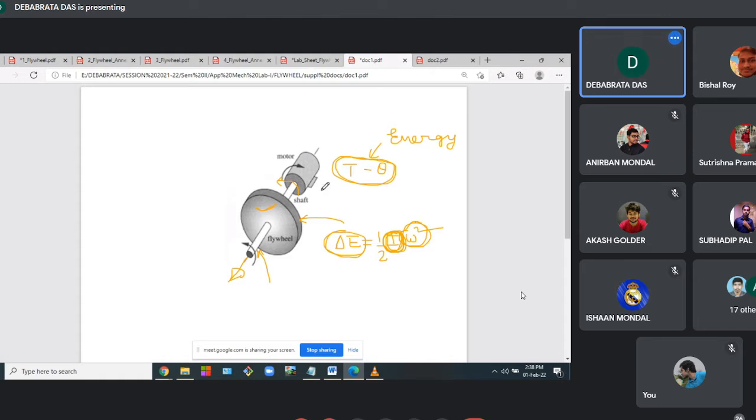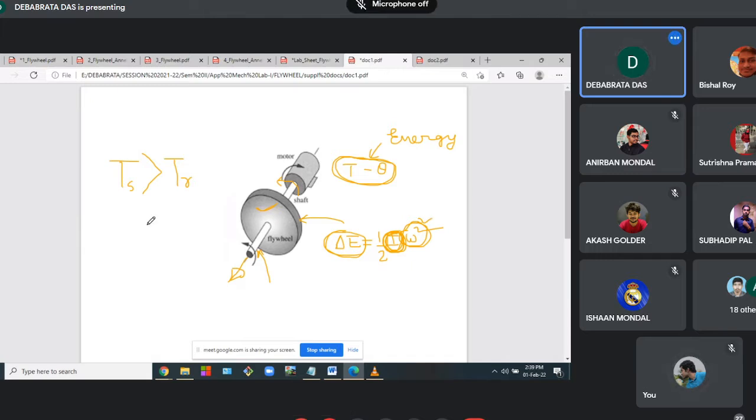Say in a machine, this is the torque supplied and TR is the torque required. When torque supplied is more than the torque required, there is an excess amount of energy supplied. That energy will be absorbed by the flywheel, but due to the high value of I of the flywheel, the speed will increase to a very small extent. The increase of speed will take place, but only marginally.